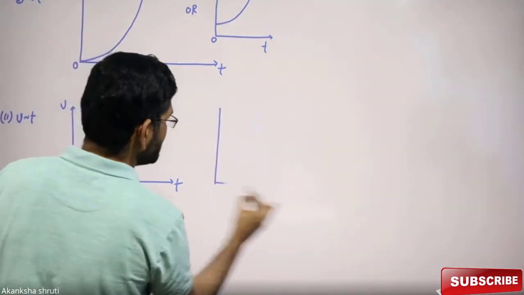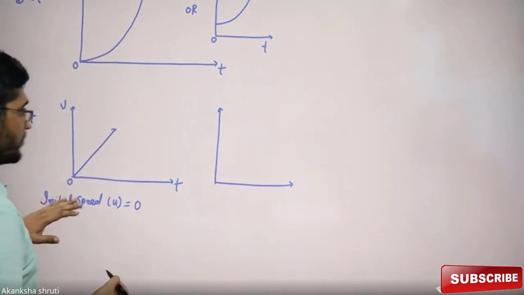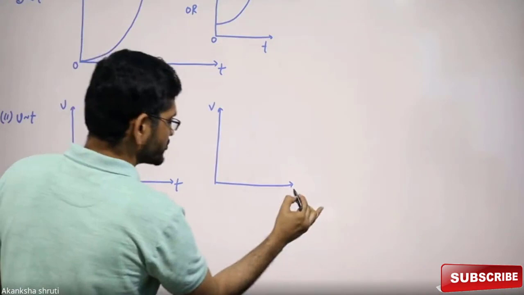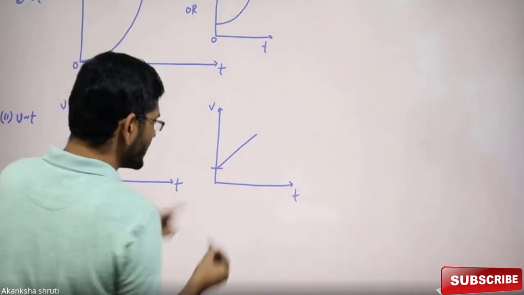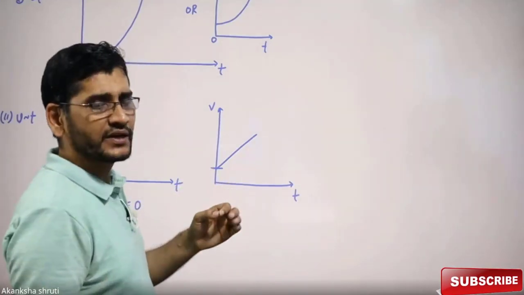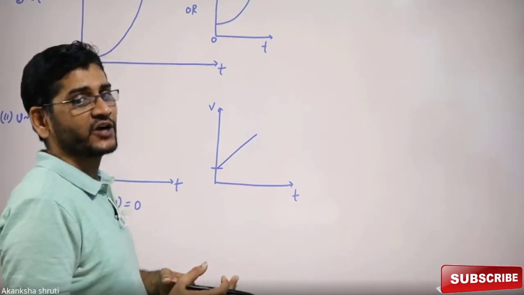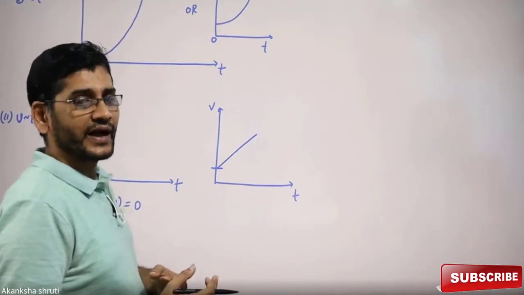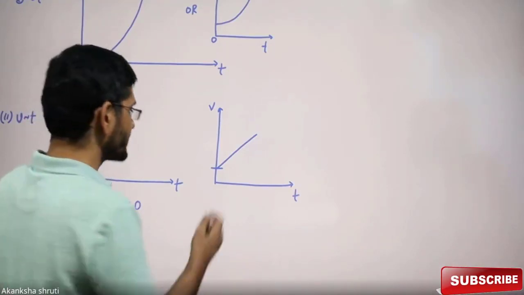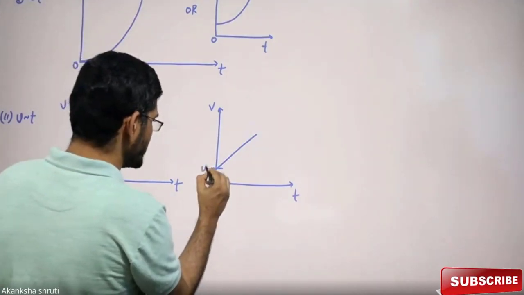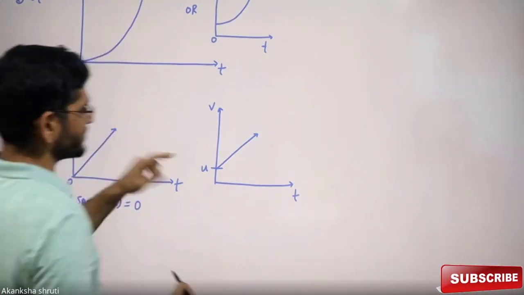But it may also be possible that the body is in motion, and in the velocity time graph we are drawing, when you started observation the body was already moving at some speed. It means you have started observing a car which was already moving at 10 km per hour, and after observing for some time, the speed has increased to 20 km per hour. So this is the initial speed u that we have to take. Okay, students? So this is the velocity time graph.